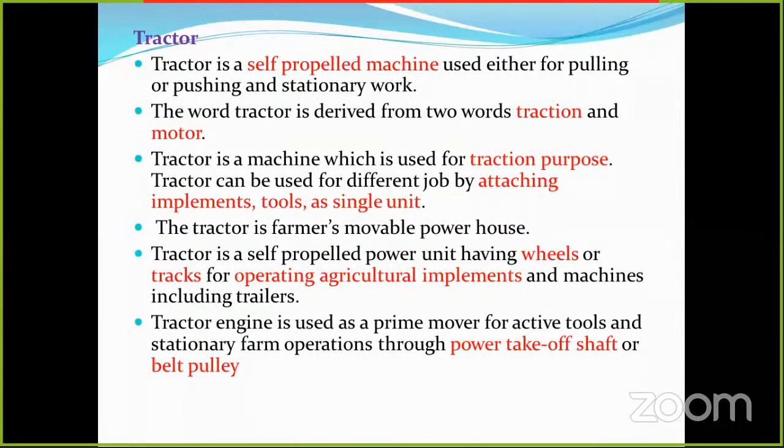Previously it was 540 plus or minus 10. Now it has developed to 1000 plus or minus 10 as the standard for PTO in India. If any variation is there for the PTO, then those models are not marketed